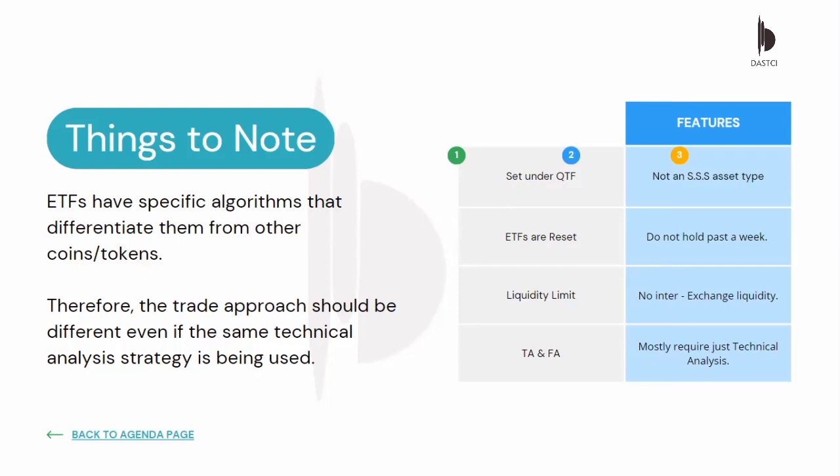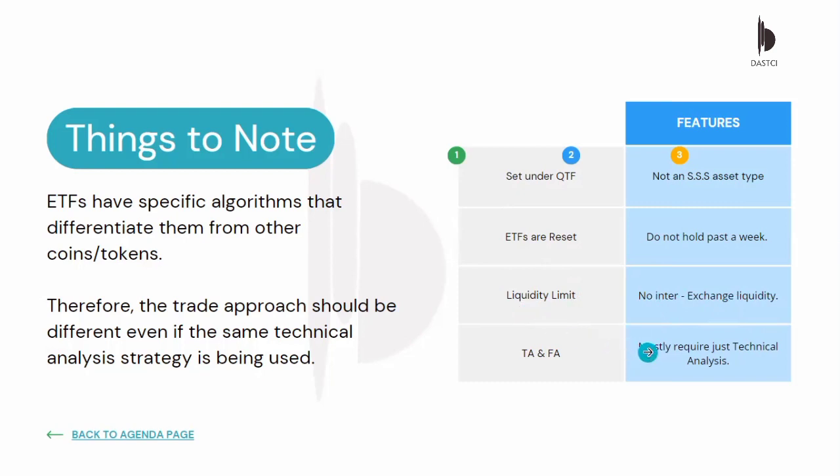So the liquidity on ETFs is very limited in the sense that you cannot exchange it around or send it to other exchanges for value. And I mean, you can still even sell Bitcoin to another person, but you won't find anybody willing to buy an ETF from you. Okay, you can only trade an ETF. It's best to only trade an ETF on an exchange. That means your buy orders and your sell orders need to be executed on the exchange itself. So I hope that is clear. And that is why it is listed here that there is no inter-exchange liquidity for ETFs.